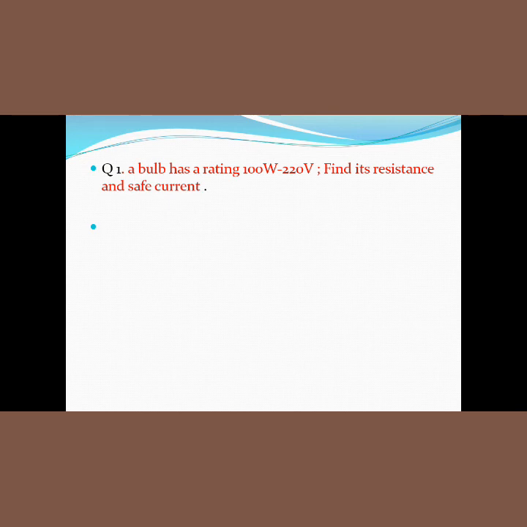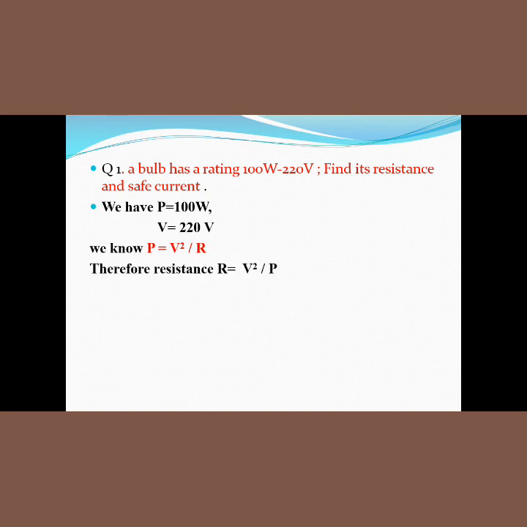Well, we have P, that is the power, equal to 100 watt, voltage V equal to 220 volt, and we know P equal to V squared by R, which relates power with voltage and resistance. Therefore, resistance R equal to V squared by P, that is 220 whole squared divided by 100 ohms, which is nearly